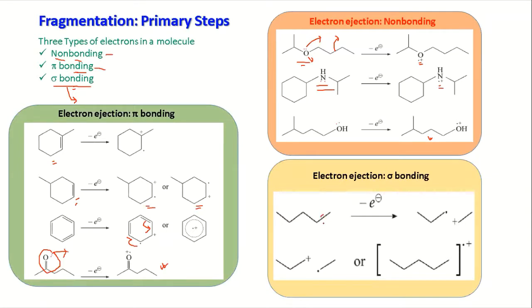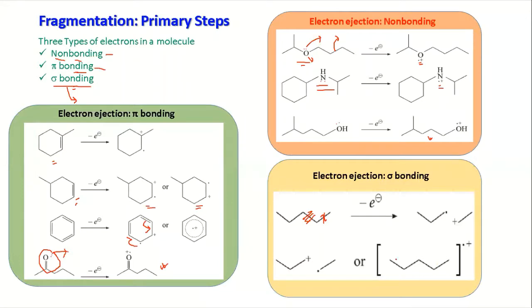So suppose you have two electrons here. You have two electrons, right? Sigma bonding, so every bond has two electrons. Now what can happen? It can cleave from here, from here, or from here, anywhere. But what I have given is cleaving from this one, because you can generate a radical here and a cation here.